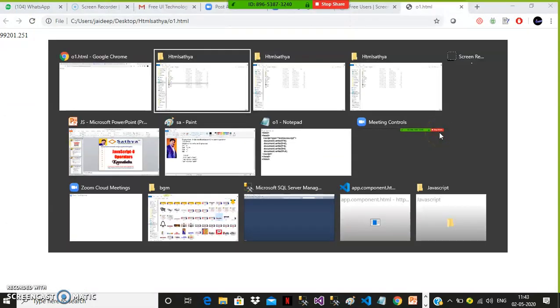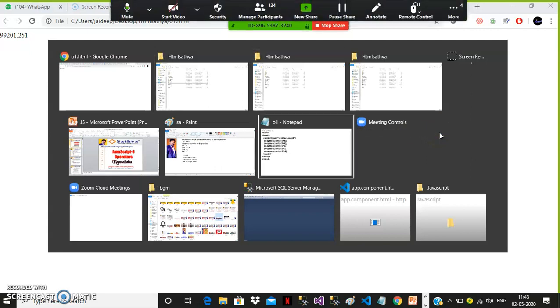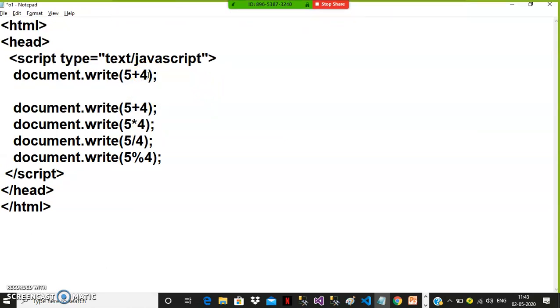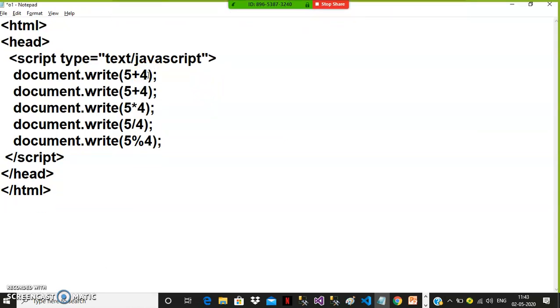See here, we are not getting the output in a proper manner because I want to move the cursor to the next line. So after this, you can give a BR tag. BR means break line. You can directly attach JavaScript code to HTML also.